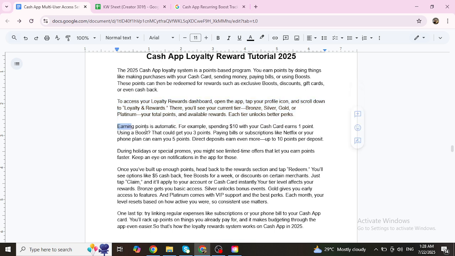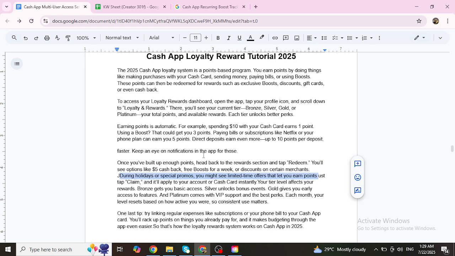Earning points is automatic. For example, spending $10 with your cash card earns 1 point. Using a boost, that could get you 3 points. Paying bills or subscriptions like Netflix or your phone plan can earn you 5 points. Direct deposits earn even more, up to 10 points per deposit. During holidays or special promos, you might see limited time offers that let you earn points faster. Keep an eye on notifications on the app